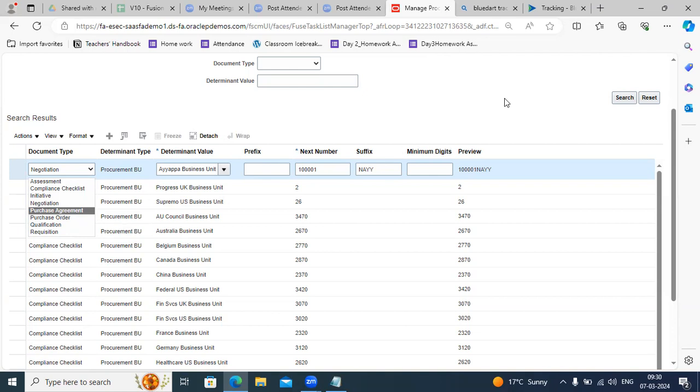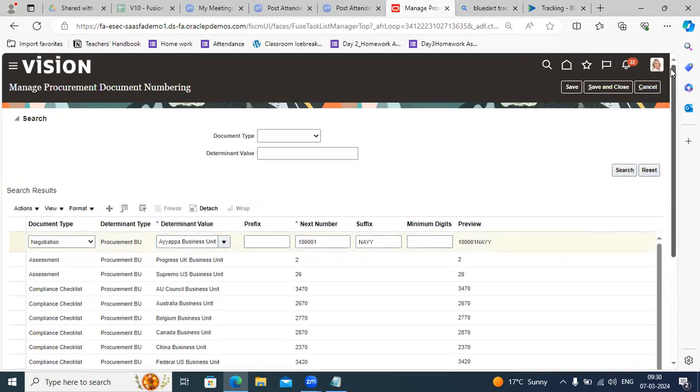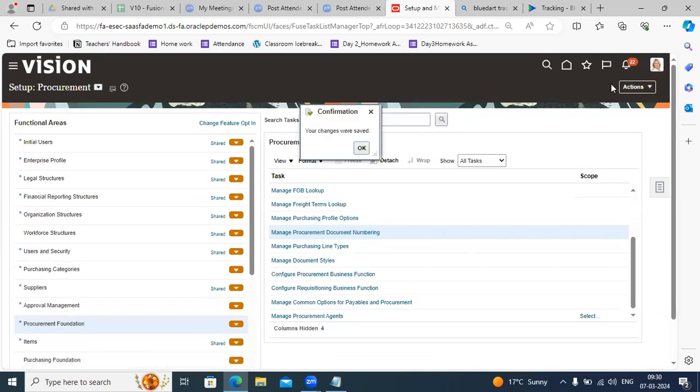And once you have given the document numbering, all you need to do is click on save and close. And this is how you create your document numbering in the system. So we studied a couple of setups, guys, 6 to 7 status setups which